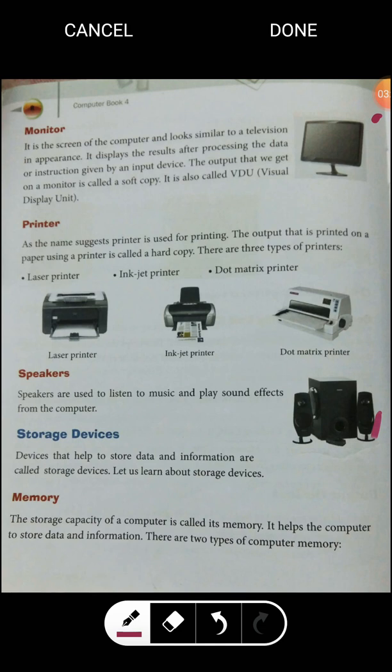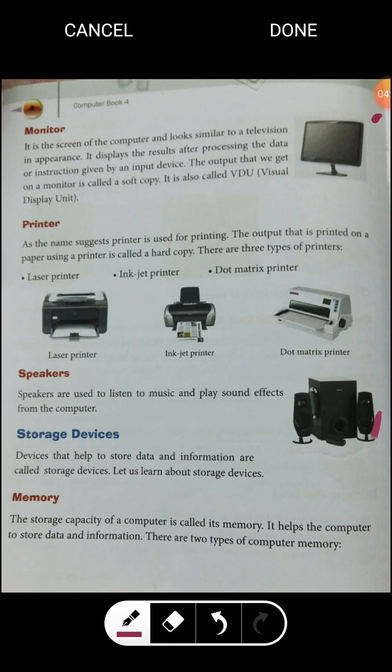There are three types of printers: laser printer, inkjet printer, and dot matrix printer. A laser printer is a popular type of personal computer printer that uses a non-impact technology, which means keys don't strike the paper, and photocopier technology. When a document is sent to the printer, a laser beam draws the document on a selenium coated drum using electrical charges. Okay, so that's all about the laser printer.